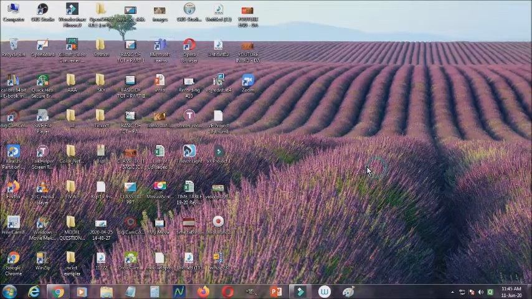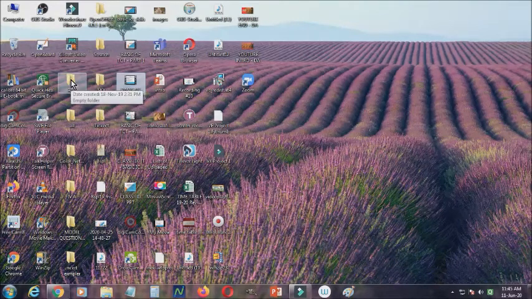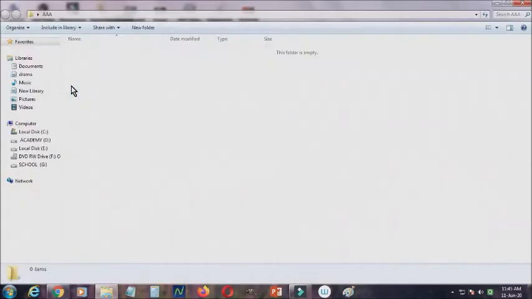If you double click with the left button, the program will be opened. For example, if I want to open a file, folder or any program, just select it with your mouse and double click it with the left button. So that program will open.